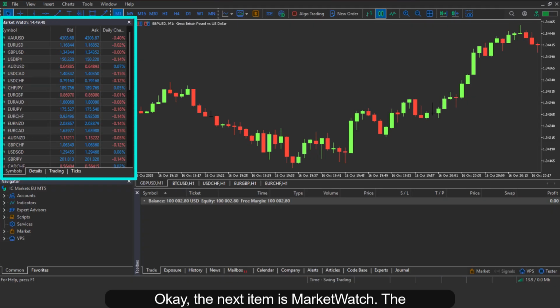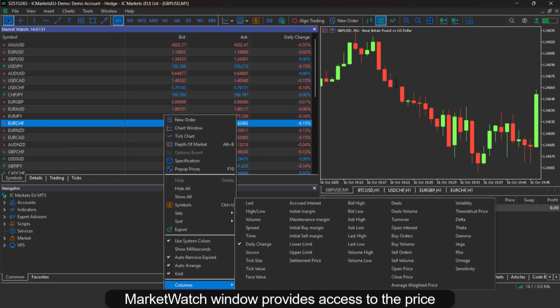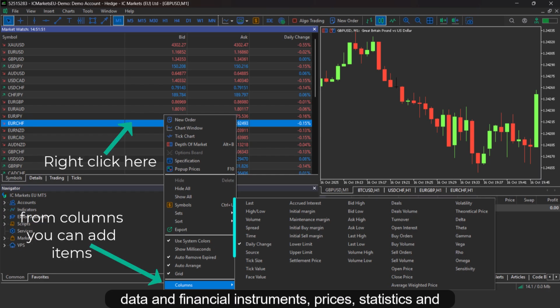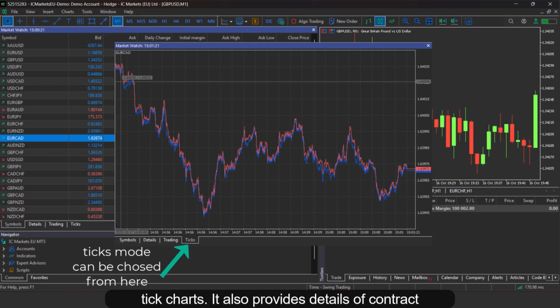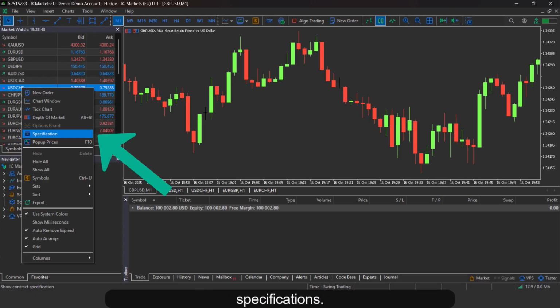Okay, the next item is Market Watch. The Market Watch window provides access to the price data and financial instruments, prices, statistics, and tick charts. It also provides details of contract specifications